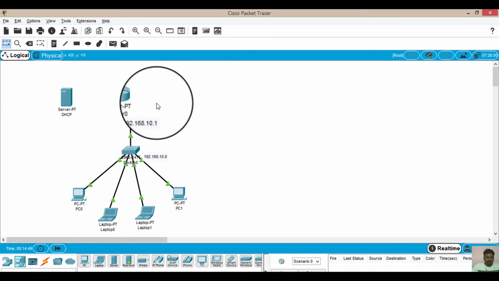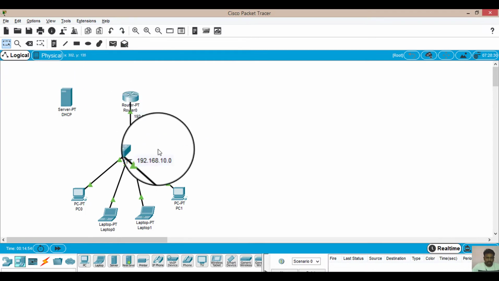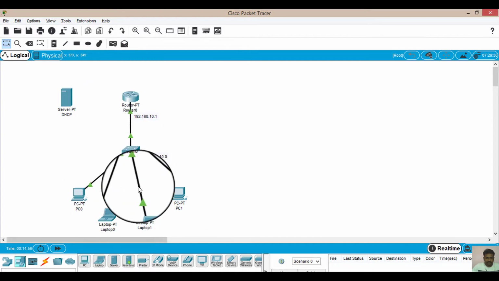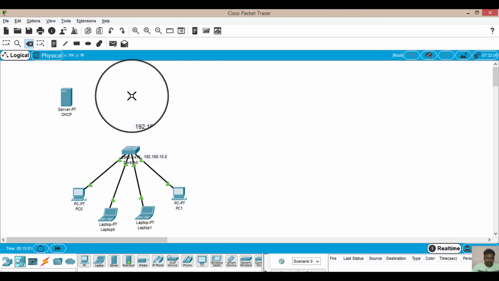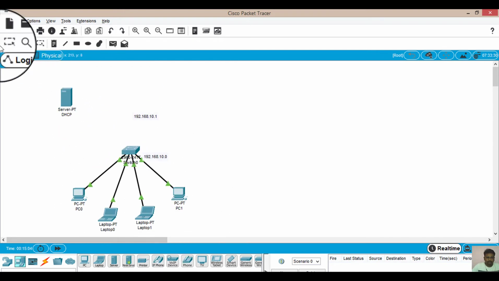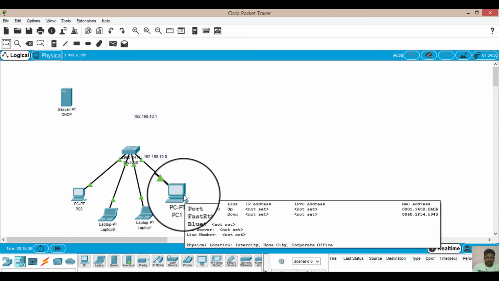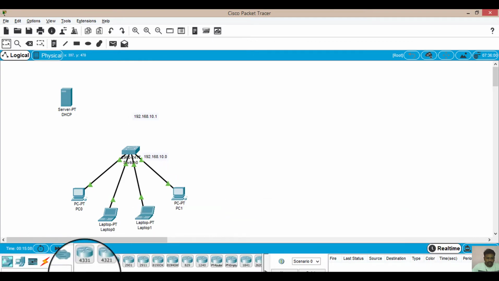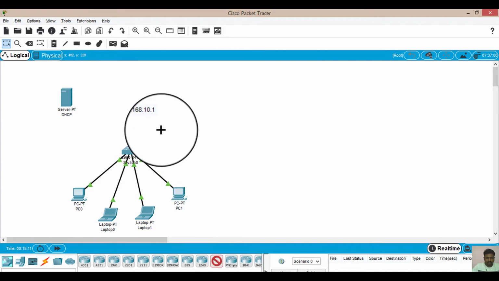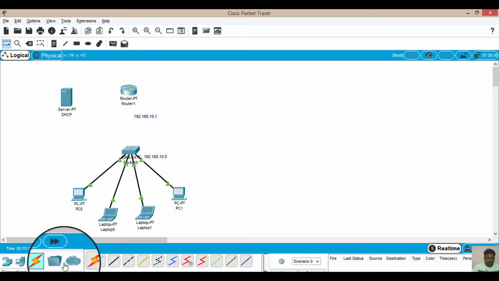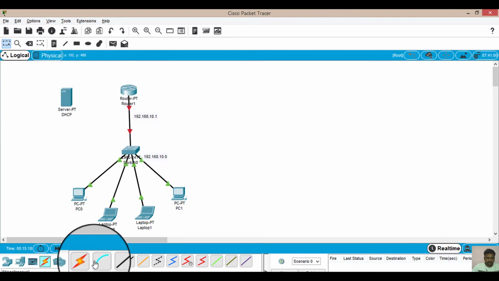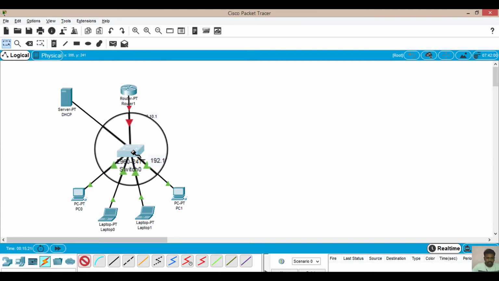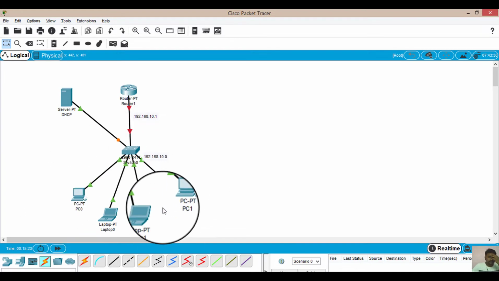But the problem right now is that we have already configured this router, so this router is essentially providing IP addresses to these systems. So let's delete this router for the time being. Now we presume that the IP addresses will not be configured automatically, but we have to complete the network. So I will again connect this router here. I'm just doing it again to make you understand how we can use a DHCP server for this. Now connect the DHCP server to the switch. So this is how these initial connections are done.